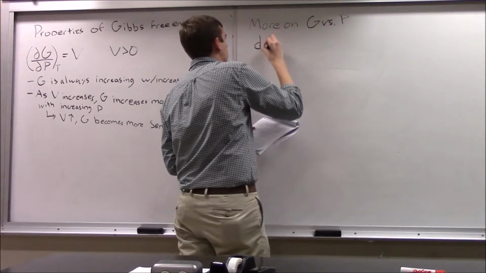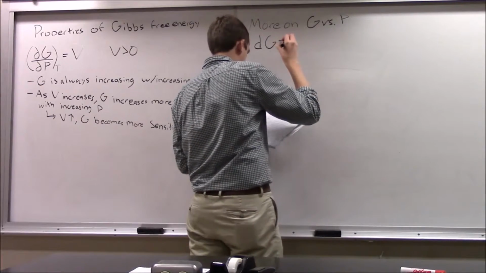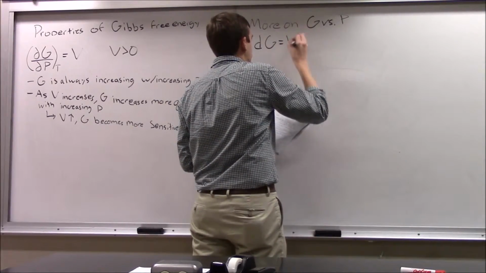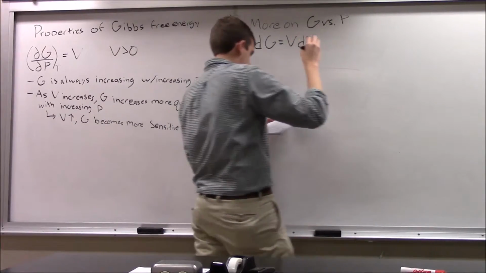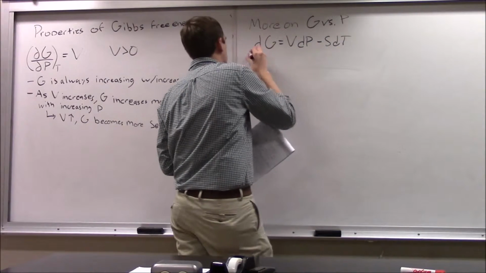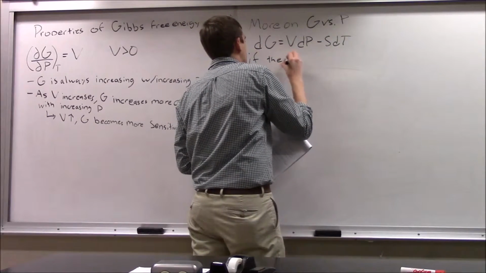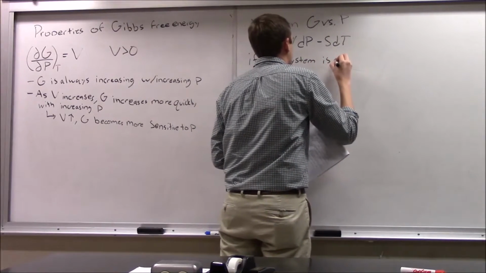So right now our differential here, we have dG is equal to VdP minus SdT. If the system is isothermal,